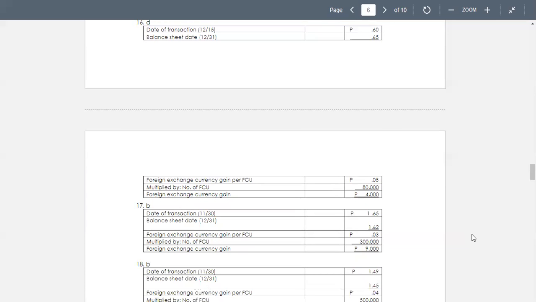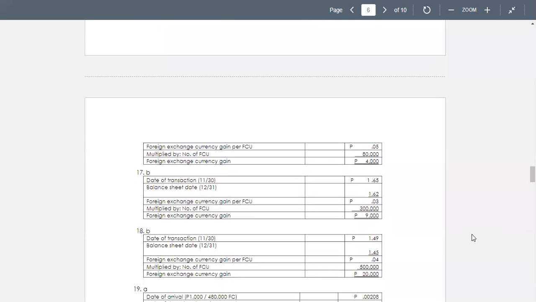So number 18, comparing the rates during the date of transaction and the balance sheet date, we have the difference of 0.04, and you multiply by 500,000, the number of FCUs. So we get the currency gain